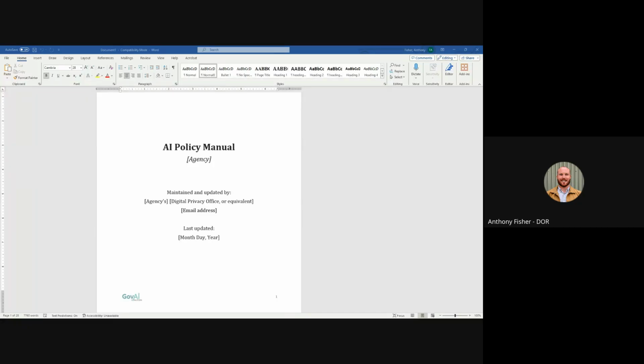Hello, everyone. Today we're going to talk a little bit about the GovAI Coalition AI Policy Manual. There's a lot of information within this policy manual, but as I'll probably say throughout this video, this is all a template and it's not set in stone. This information can be interchanged, can be tweaked, however you might need it for your agency,